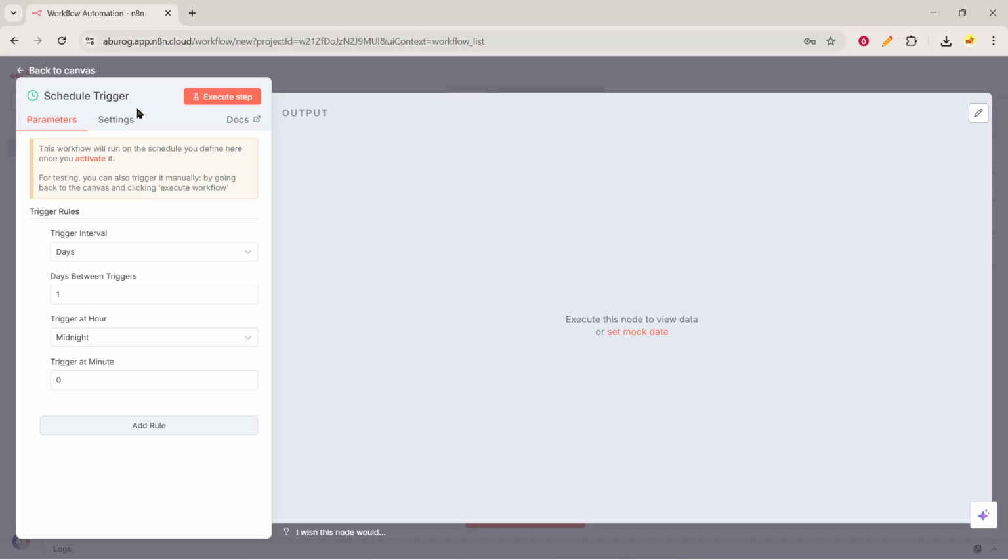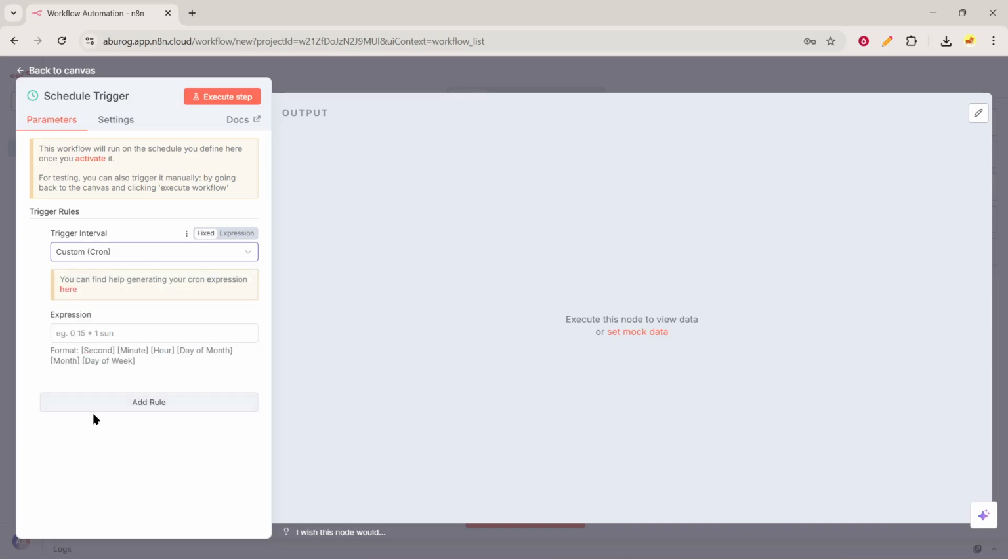With the Schedule node added, the next step is to configure its mode. In the configuration panel of the Schedule node, you'll find an option labeled Mode. By default, this is usually set to a more general time pattern like every XX. However, since we're aiming for precision, we're going to switch this mode to Cron. Changing the mode will unlock the flexibility and precision of Cron scheduling, allowing you to define a schedule that best